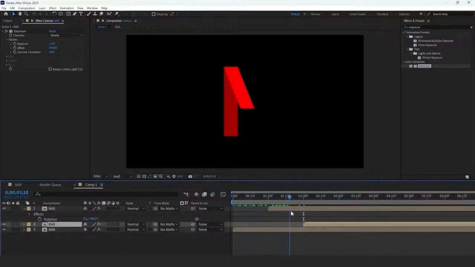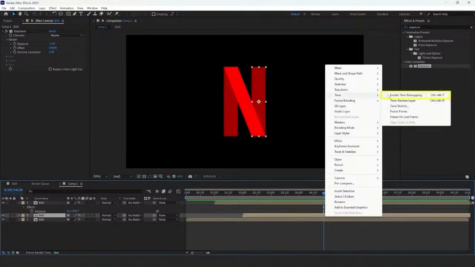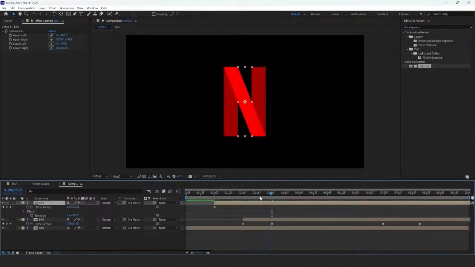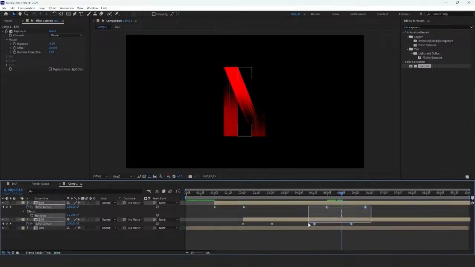The starting of the animation looks good, but now we have to work on the transition effect by using the time remapping effect, and we'll try to get references from every moment of the animation. The starting of the transition, the end of the transition, like that. We will control the animation of each layer to match or to create a continuity in the animation of the transition between the layers as a reversed animation. As you can see, I am moving the keyframes to the desired time so we can have a reversed animation